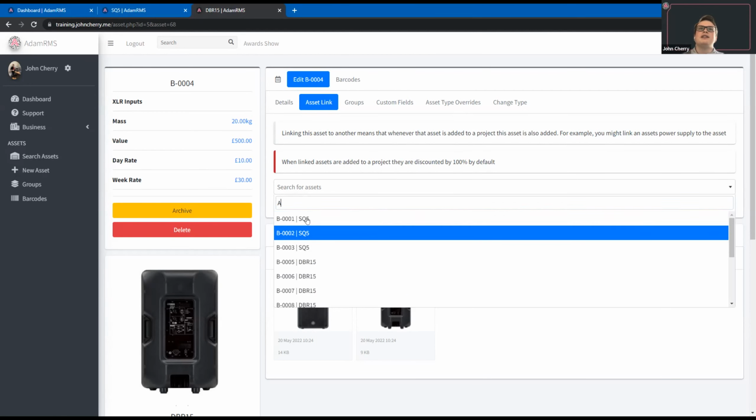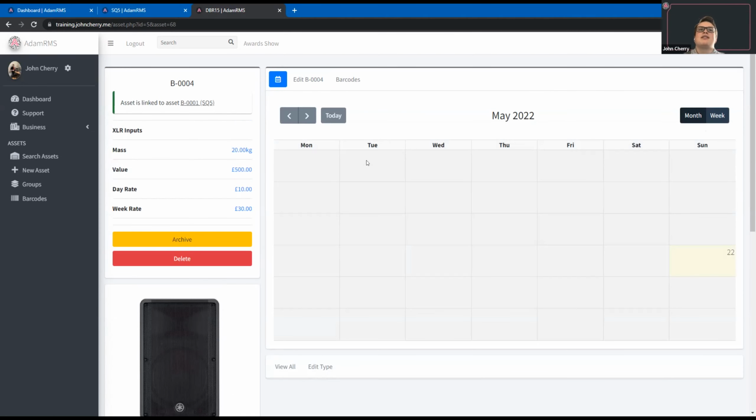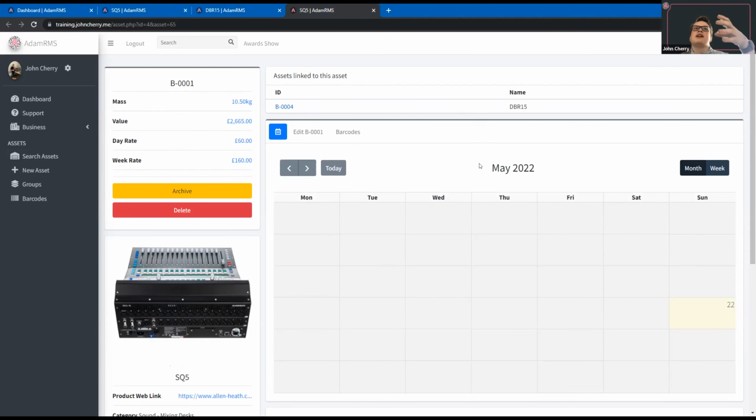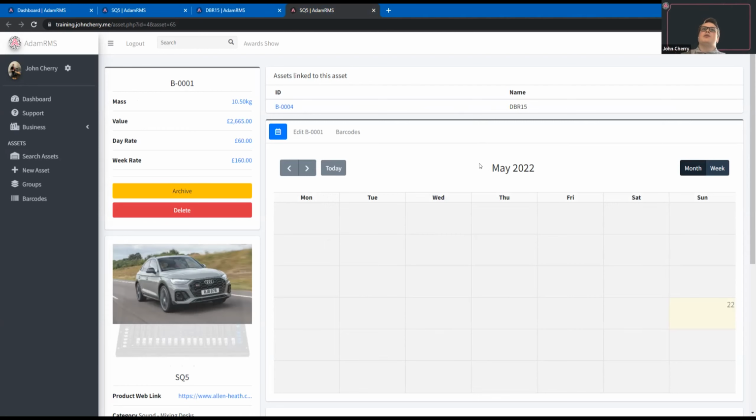So I've got this one here. I'm just going to click on it, and when I click save, what that's done is it's linked this current asset to that console, and it tells you that at the top there. And then when I click through to look at this specific asset, it will tell me, well, this one's linked to that. And what that means in terms of projects, which we'll discuss later, is when you add the main asset to it, you also get this asset added to the project at the same time,